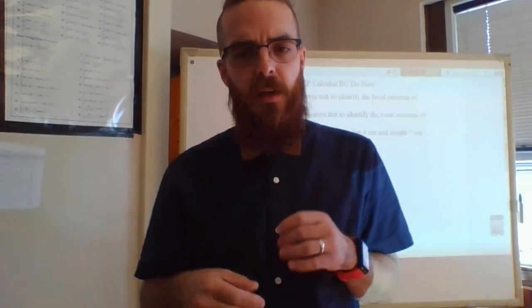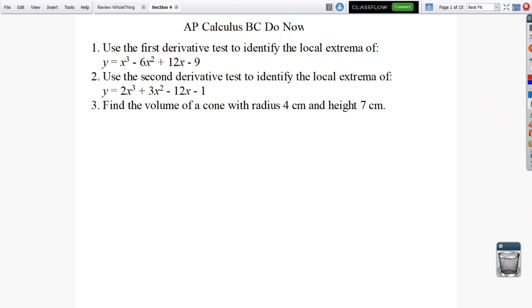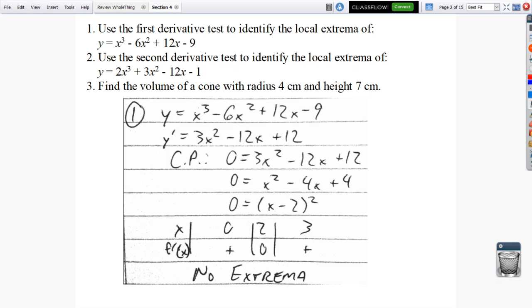All right, we're moving on to section 4.4 today. It's called modeling and optimization, but before we get there, here's a nice warm-up that you can use. So pause the video, and when you come back, I'll just show you the work